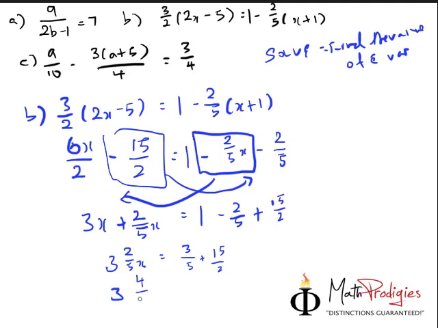4 over 10x equals to 3 times 2 is 6 over 10 plus 15 times 5 is 75 over 10. Therefore, you get, okay, here you must make everything look the same. So 3 times 10, 4 is 34 over 10x equals to 6 plus 73 is 79 over 10. Okay,